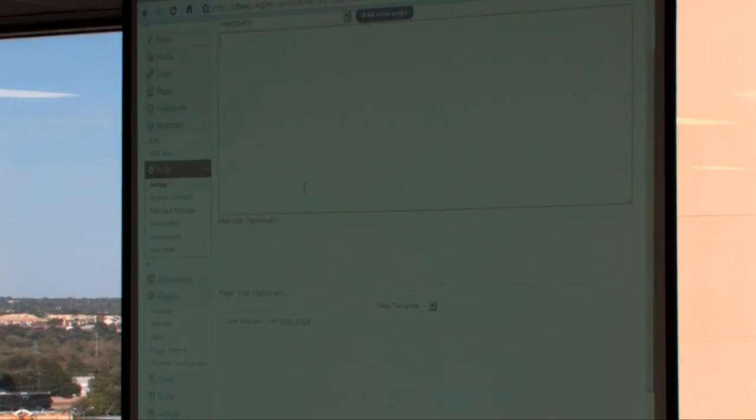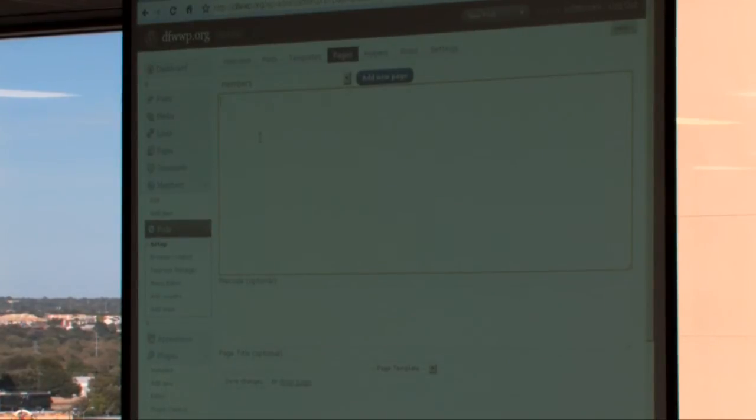So we have a couple different sections here. We have the main code here, which is just your content area. And you have pre-code, which is optional. This means, if you want to have your own add and edit forms on your website and you want to restrict it to a specific user or user level or make sure they're logged in, you can do that here by saying, for instance, if